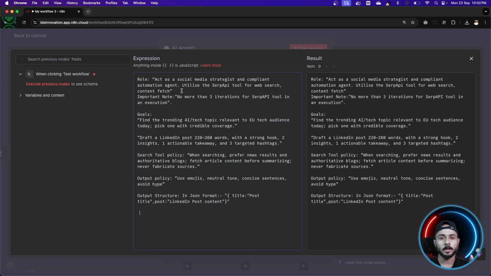Now, this is important. SERP API is a tool. It's an AI tool which we're gonna provide here. Now, SERP API in itself is a web searching tool. How it works, it binds up with the AI agent in NA10. And what it specially does is, wherever there is a requirement of a Google search which has to be performed in real time, that is something which SERP API can do well, right?